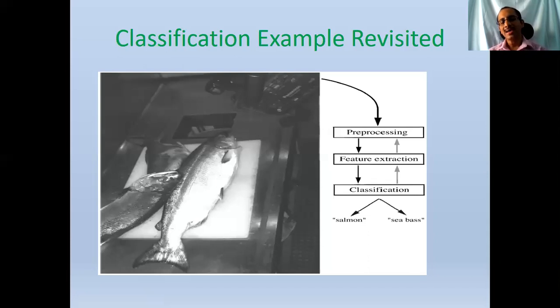Assume that I have extracted some features. I am considering only a simple classification task, fish classification. Later I may discuss face detection, face recognition, and many other classifications such as handwritten digit classification, handwritten character recognition, and iris recognition. All of these can be posed directly as classification tasks. However, there are other tasks like segmentation, object detection, and tracking. They can also be posed as classification tasks, but they are of a slightly different nature. So we'll start with classification.